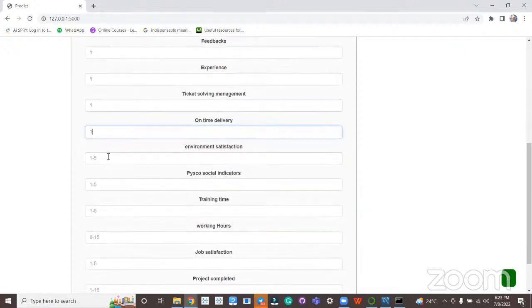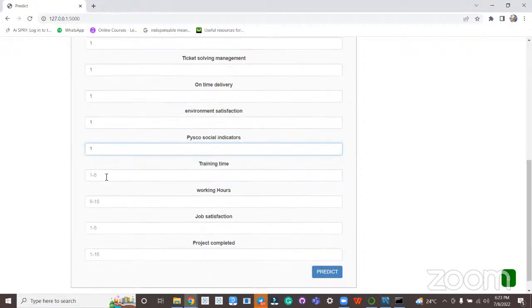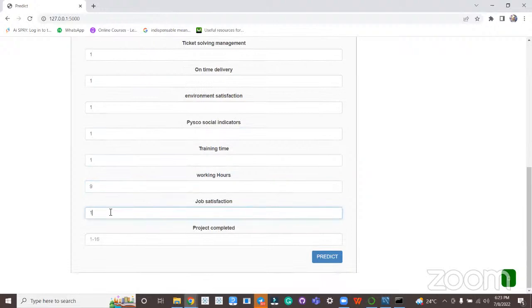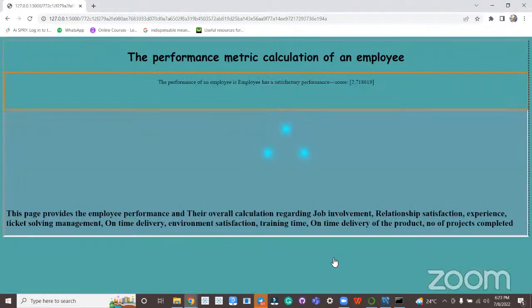Yeah, random numbers can be good. And then we can click on the predict button here. When we click predict, it gives us the result in the UI.